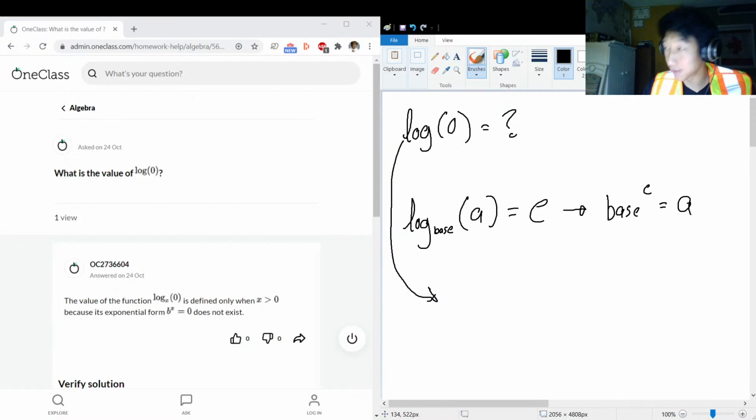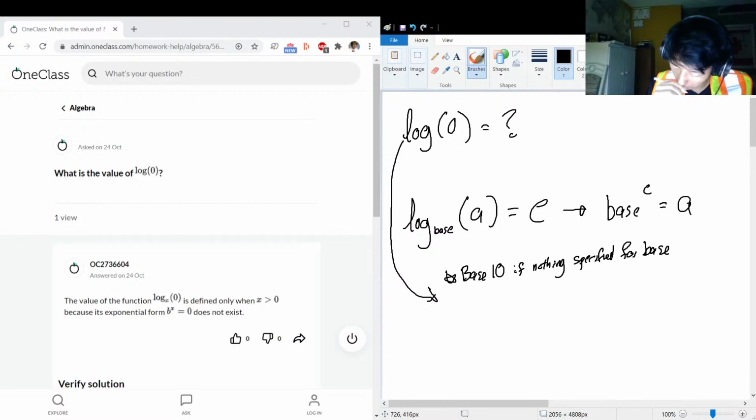If the log doesn't specify a base, immediately know that it's base 10. I'll just write that down. Base 10 if nothing is specified for base. Okay, that's important. So given this, we're basically trying to find